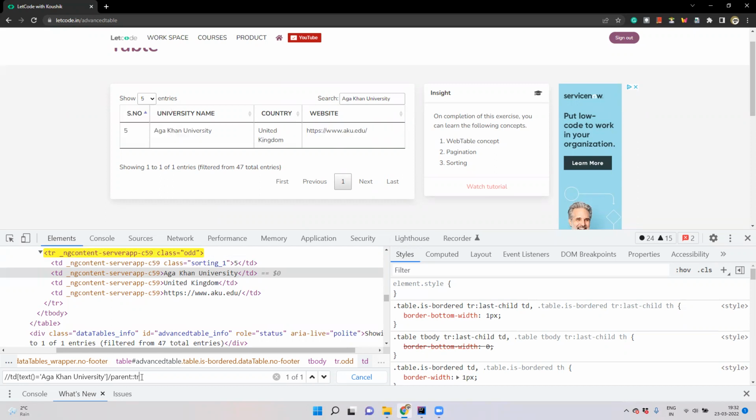I mean, how many TRs we have in this table with the university name. In this case, I have one. So basically, this expert should give me at least one or more than one. Here, of course, I'm going to replace this university name with a random university. So let us copy this expert,